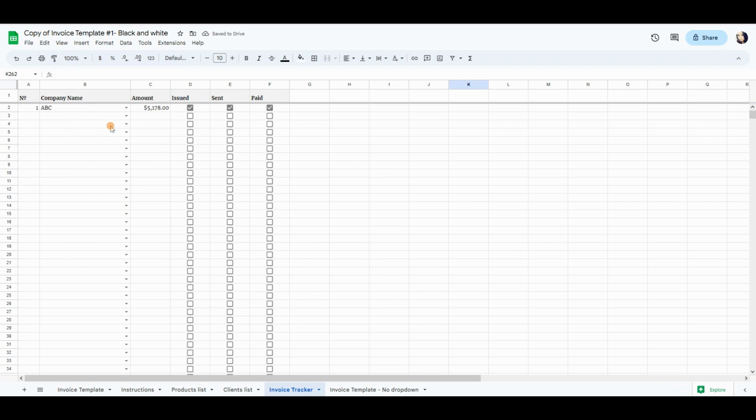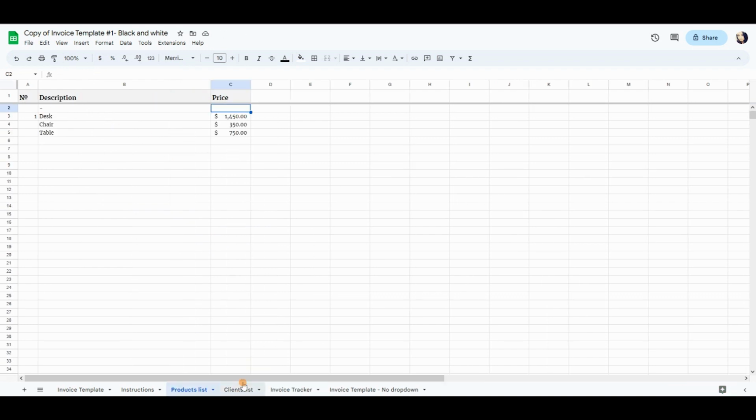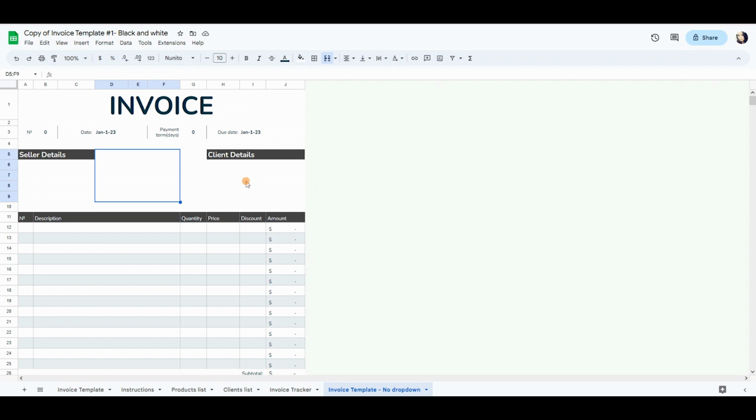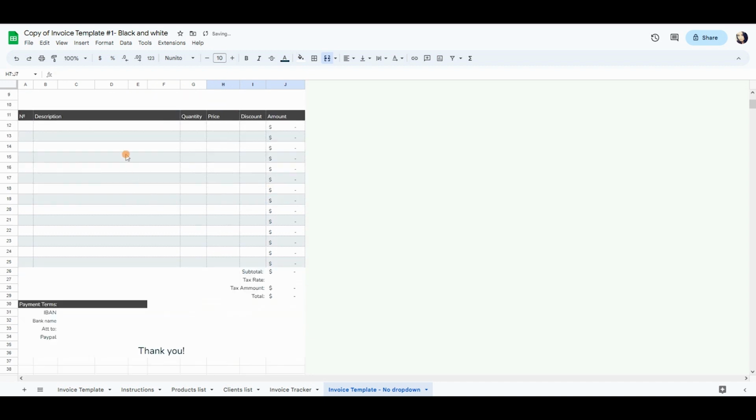And as I told you previously, the last thing that we created was the invoice template without any drop-down menus. Everybody uses different techniques and everybody is different, so for some people it could be easier to write everything themselves. We totally understand that, we respect that. For me personally, the more automated the template is, the better, but you do you. And if you prefer to use the invoice template without any drop-down options, you have it there and you can